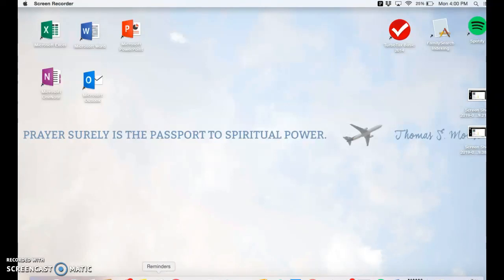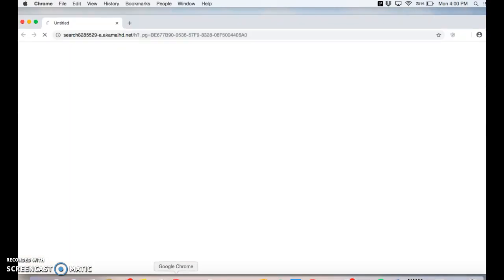Okay, today I'm going to be showing you how to Google search something and save a picture from a Google search. So you start by opening up a web browser,